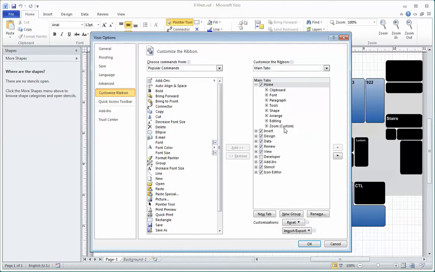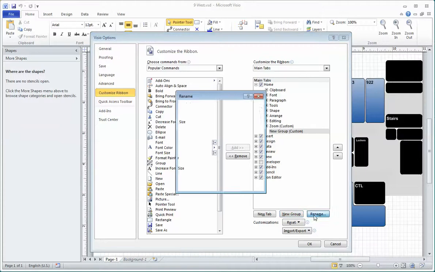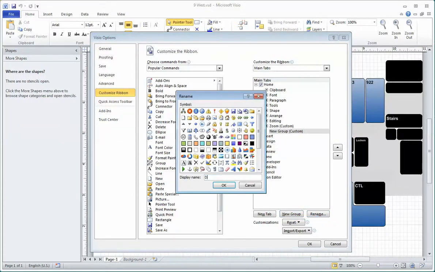What we're going to do, to help us better edit the Cetani maps, is create a new group called data. So we just hit new group, hit rename, we're going to call it data,